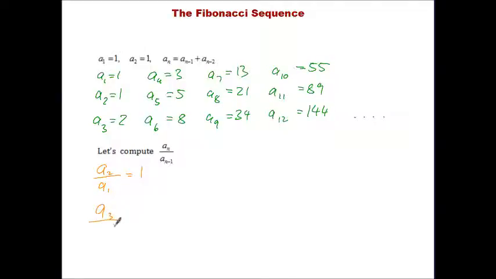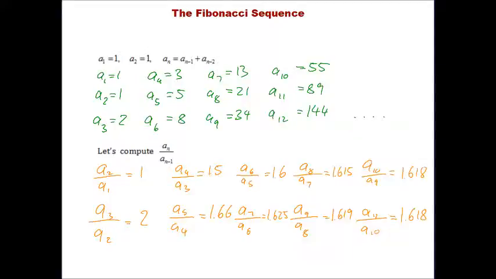A sub 3 divided by a sub 2 would be 2 over 1, or 2. A sub 4 divided by a sub 3 would be 3 over 2, which is 1.5. A sub 5 divided by a sub 4 is 5 over 3, and that is